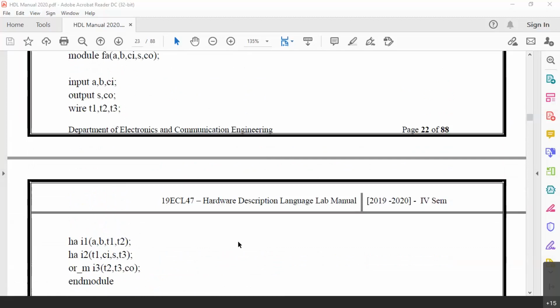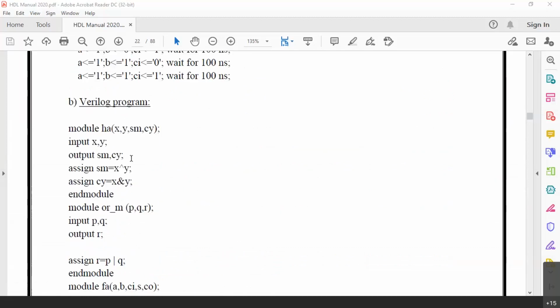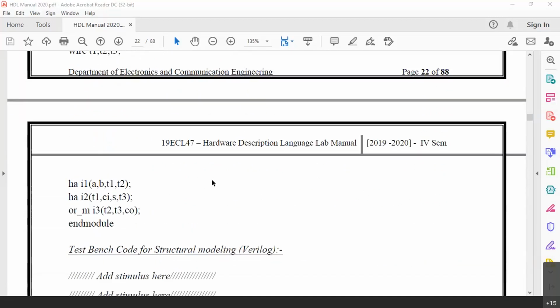In VHDL there was a lot of typing work, with component declarations and then instantiation. Verilog is quite simpler in its typing. So you can see HA is used directly here. That HA is this one, module HA. The name of the module is used here and its instance is named here, I1.